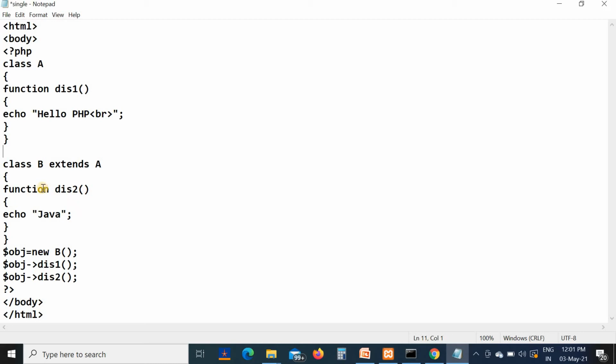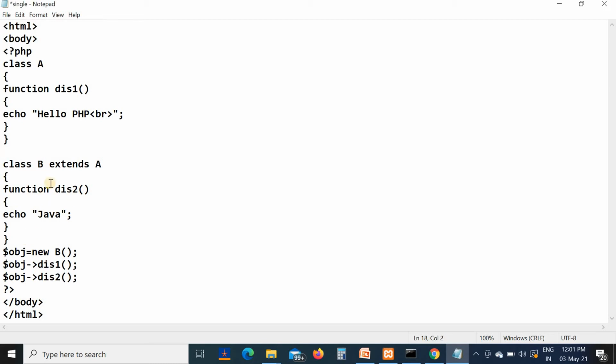Now the class B's functions or properties are written here. Simply, I have taken the function as this2, which will display a message as Java.